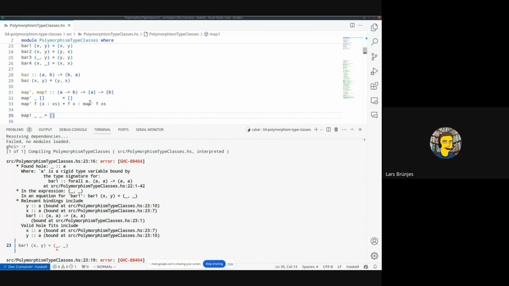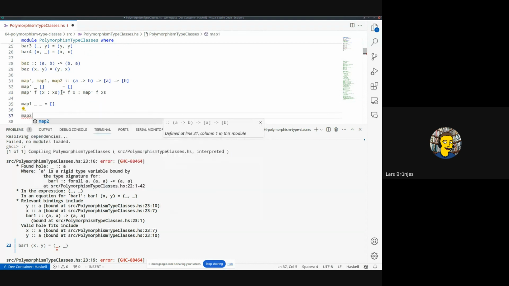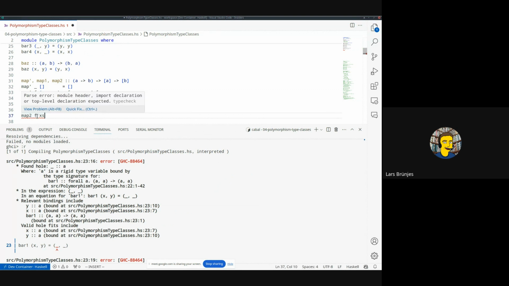That's boring, of course. So if we don't want to map everything to the empty list, let's try to come up with something that doesn't map everything to the empty list. We can't look at the F, I mean, the functions are opaque. We can't inspect them. So the only thing we can do is